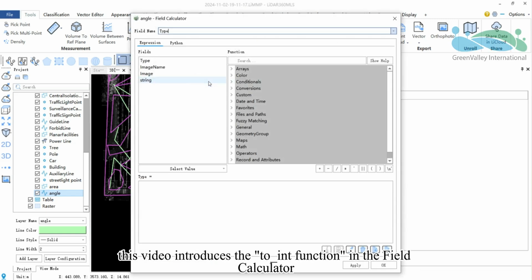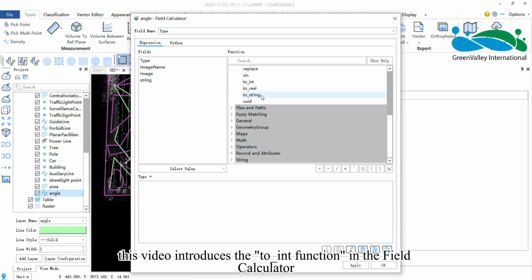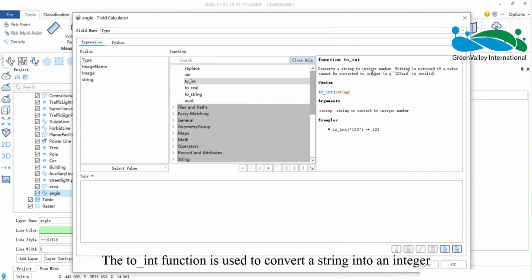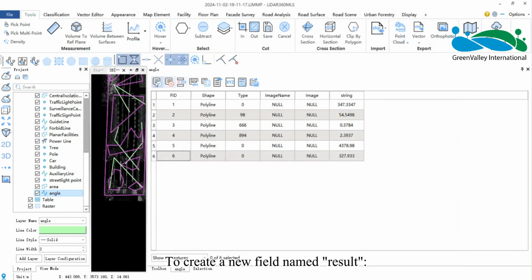Hello everyone, this video introduces the to_int function in the field calculator. The to_int function is used to convert a string into an integer. If a value cannot be converted to an integer, it returns nothing. To create a new field named result,